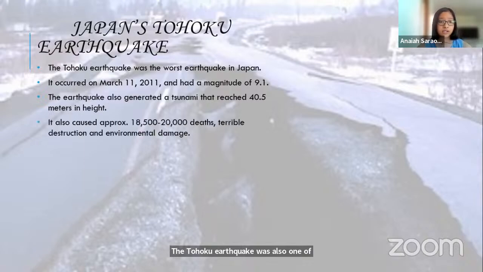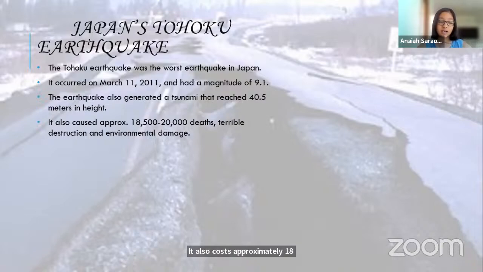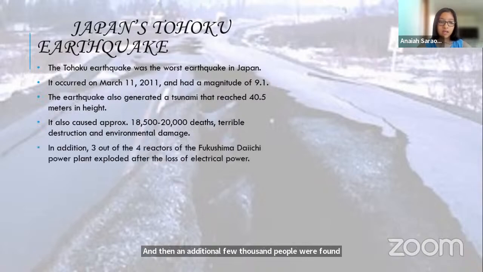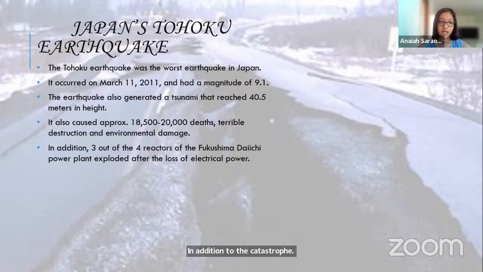It also caused approximately 18,500 to 20,000 deaths, terrible destruction, and environmental damage. So the bodies found were around 20,000 deaths, and then an additional few thousand people were found missing after the destruction. In addition to the catastrophe, 3 out of 4 reactors of the Fukushima Daiichi power plant exploded after the loss of electrical power.